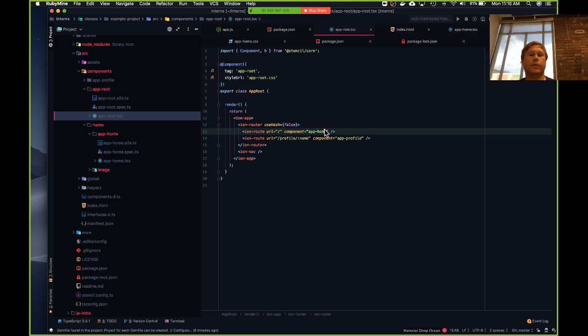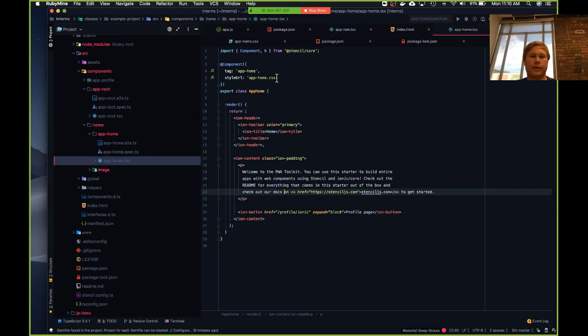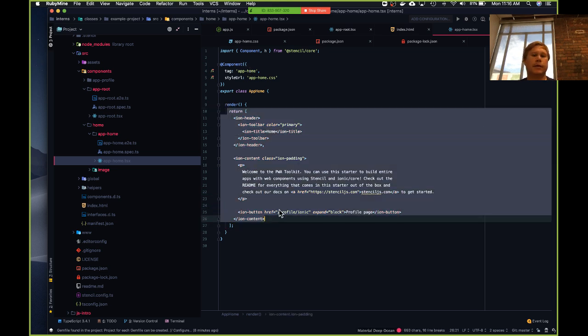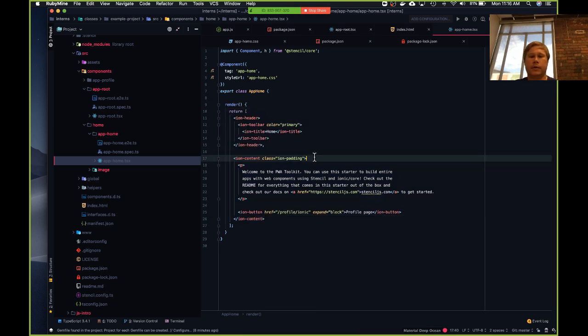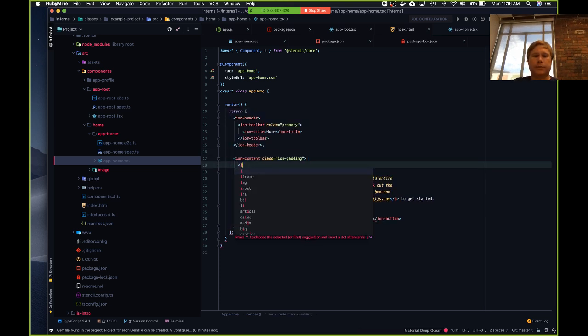Okay. So the thing that's getting referenced is app-home, and then it looks through our directory and says, is there anything that has a tag of app-home? And this does. So it says, okay, I'm going to display that when I'm on the root, which says I'm going to render this bit of HTML here. And what we can do is drop in our image